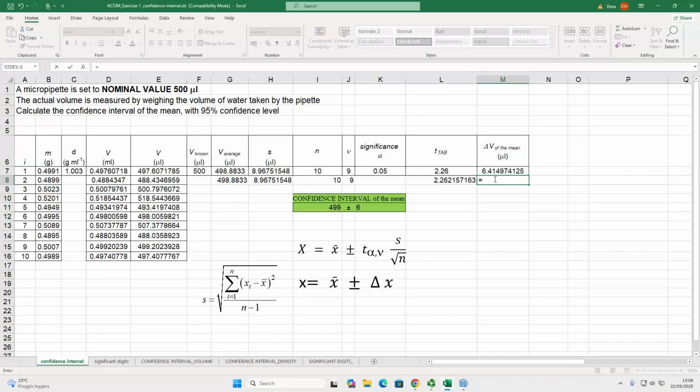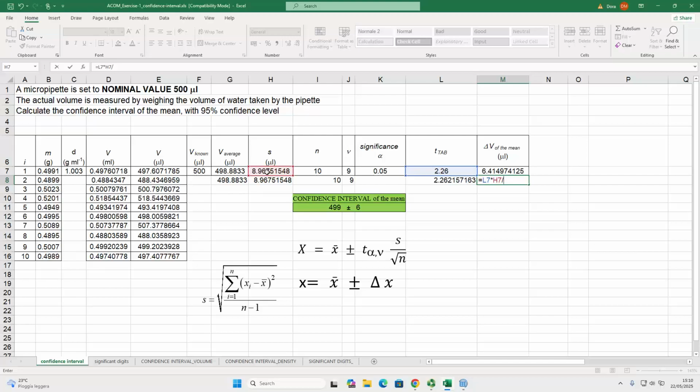type equal. Now we must click on the cell containing T, click on L7 or type L7, multiplied by S. S is contained in H7. Click on H7 or type H7,